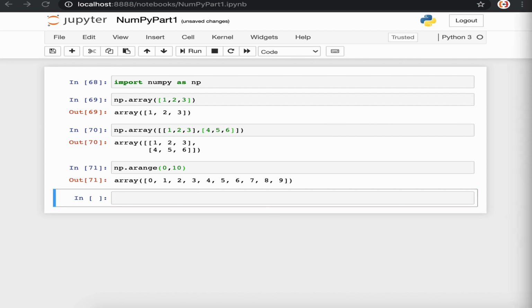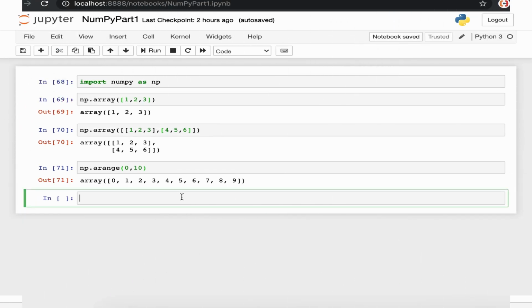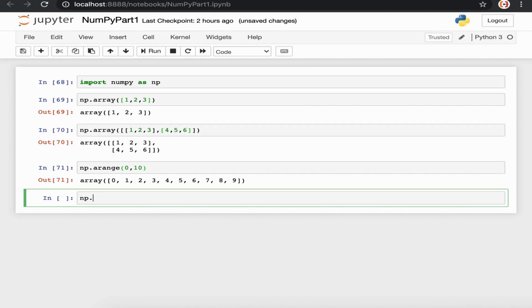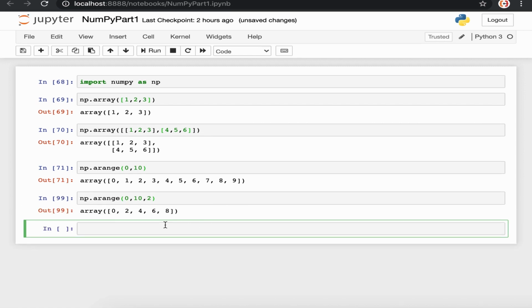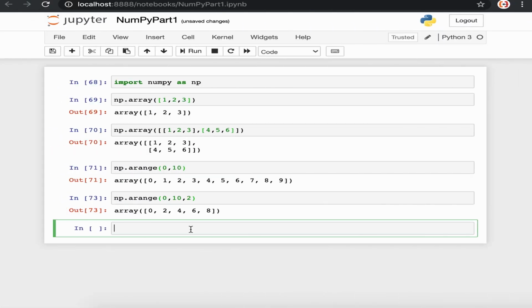We can also pass a third argument as a step size in this arange function. Suppose I want to create a NumPy array with only even numbers. To do that, we can just pass the step size as 2. In np.arange, I'll pass 3 arguments: 0, 10 and 2, and execute this command. It will create a NumPy array with all even elements.